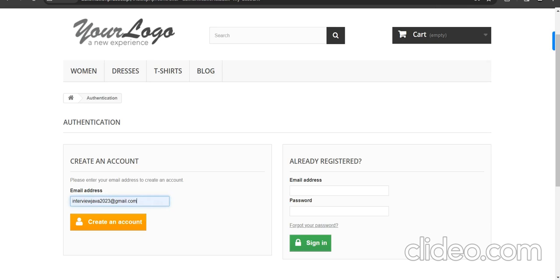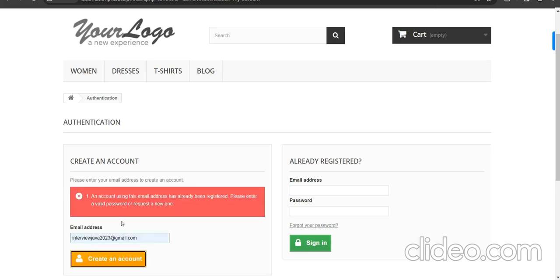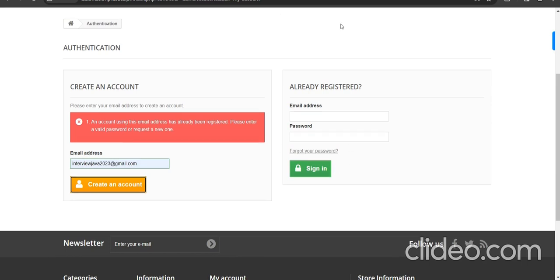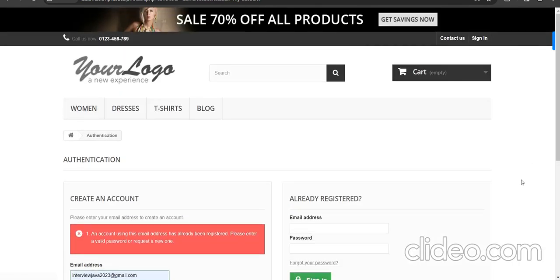As we give our email address and click the create account button, we get an error that this email address is already registered. When we click this button, we navigate to the home page of that website.